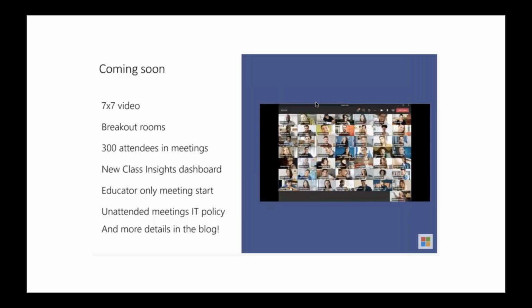That then essentially could allow a whole class to log on within a meeting, certainly creating a lot more room for people to join. You're going to have these things called breakout rooms, so you could create essentially sub rooms where small groups of people could go, maybe work on a task collaboratively, and then come back to the main meeting room. And then just some other nice features: upwards of 300 attendees will be able to join a meeting, and even things like having the educator only starting the meeting, so that they can do prior points to the learning before commencing it and allowing others to join as well.